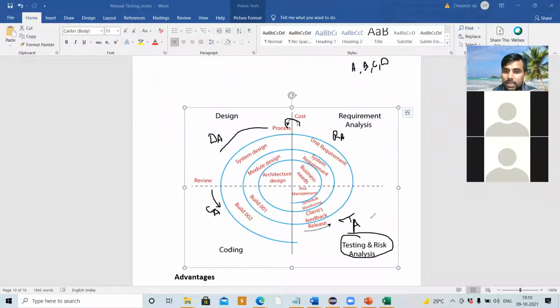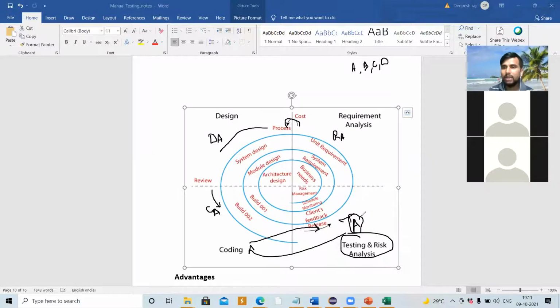Once testing is done, if he finds any type of issue, report it to whom? Developer. You are going to tell the developer, just go and fix it, we have found some bugs. He is going to fix it, and again he hands it over to whom? To you to test it. This process continues until what? This feature is bug free, this feature is stable, this feature works according to the customer requirement.